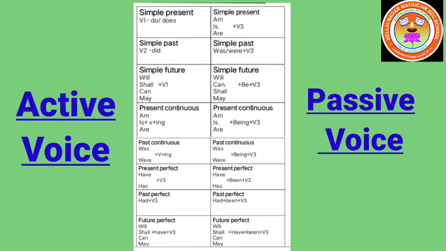Look at the table. Present continuous. Before going to present continuous, let us have some knowledge about it. What is present continuous? For present, we have to use the present be form verb. The present be form verb helps us understand it is present. Then verb plus ing denotes continuous. So, present continuous: am, is, are plus verb plus ing.